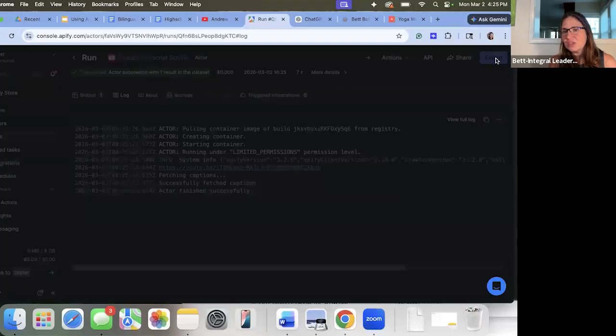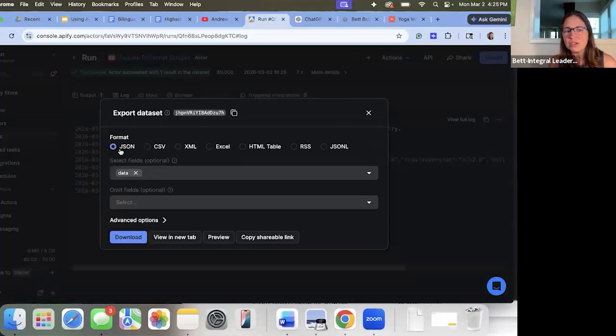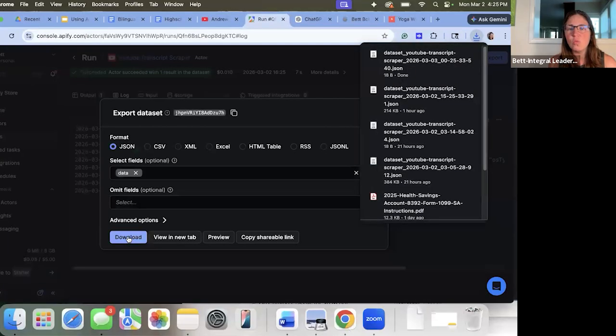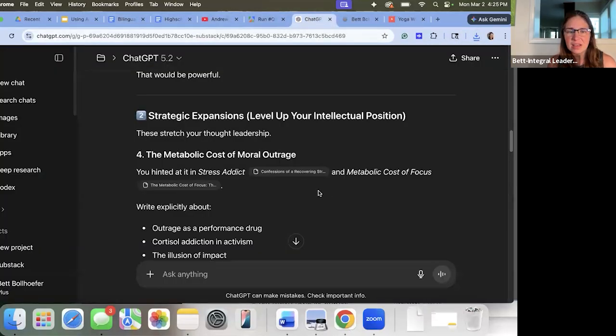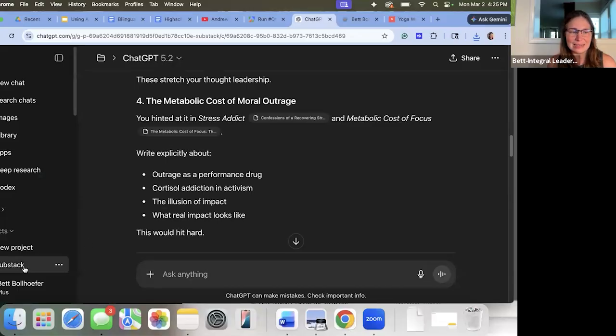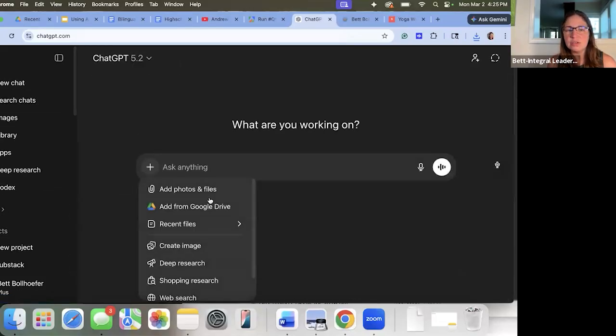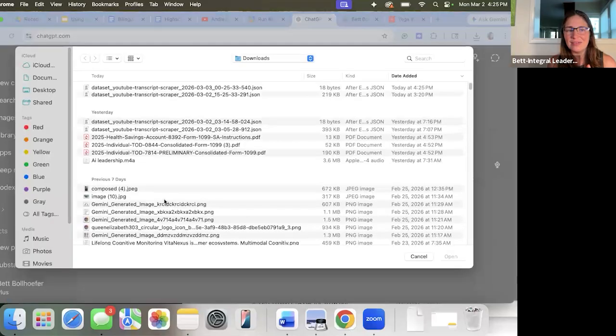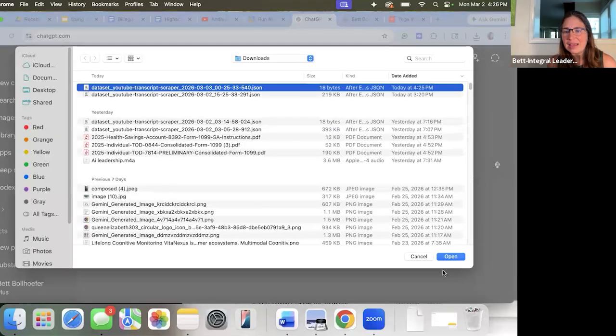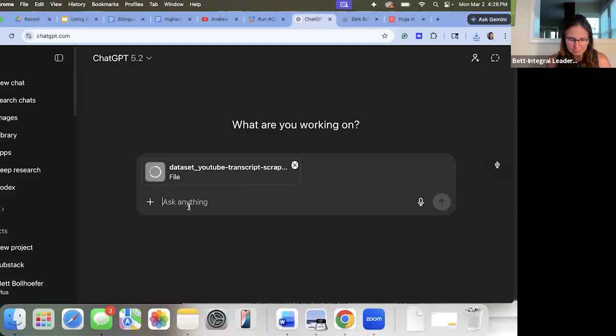So then you can click export, and what you want to do is just click JSON. It honestly doesn't matter which one, because what you're going to do is go back into ChatGPT. I'm just going to do a new window. You just add this file and click open, and then you can say,